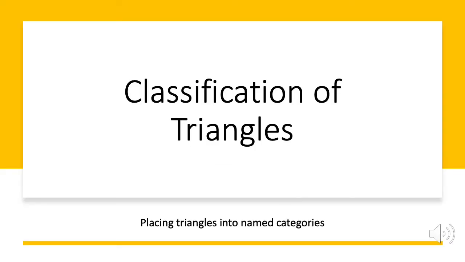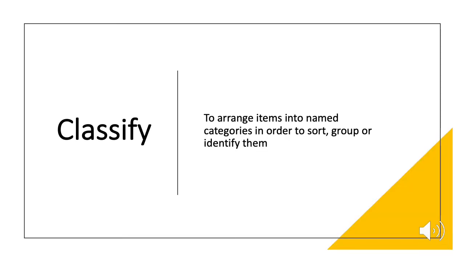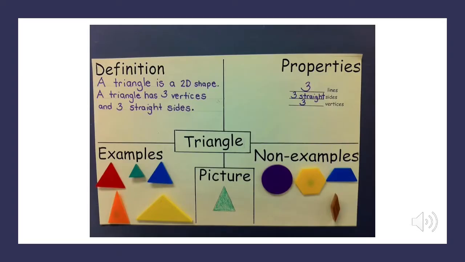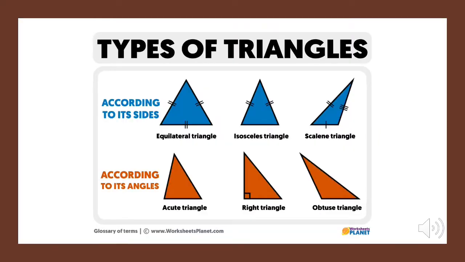Now let's have a look at how we classify triangles or put them into different categories based on their characteristics. To classify means to arrange items into named categories in order to sort, group, or identify them. Remember that a triangle is a two-dimensional shape, in other words it's flat. It has 3 straight sides and 3 angles. We can classify or name the types of triangles based on the characteristics of their sides or the characteristics of